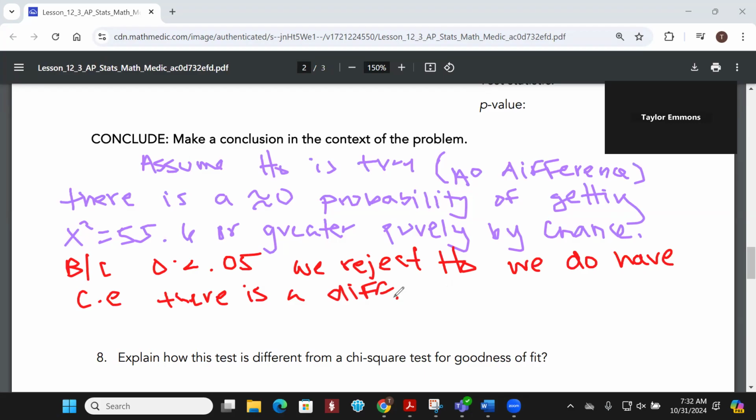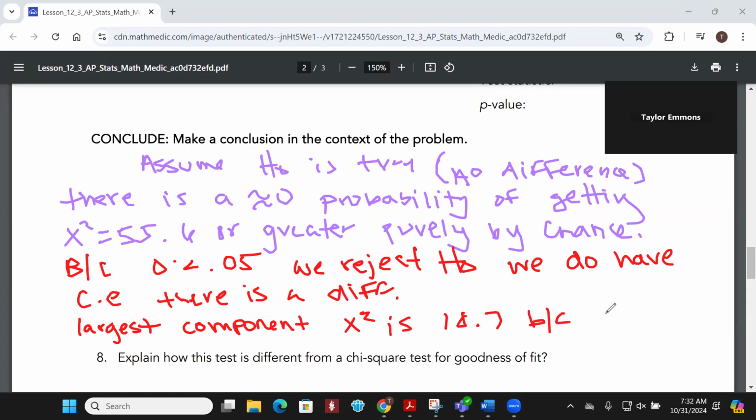Okay. Now, here's the new part for chi-squared. The largest component of chi-squared is 18.7. So earlier we wrote out all of those little fractions summarized or simplified. That's 18.7 because that bad school